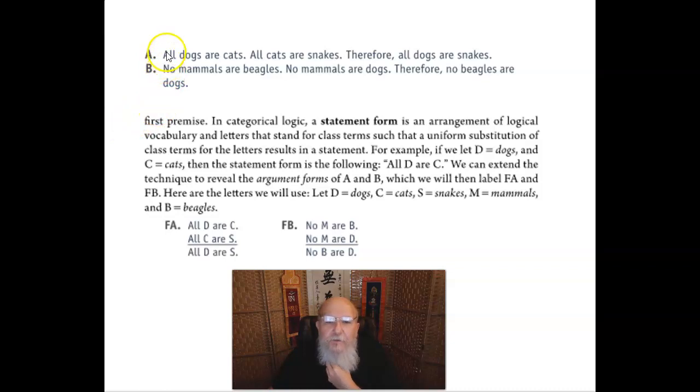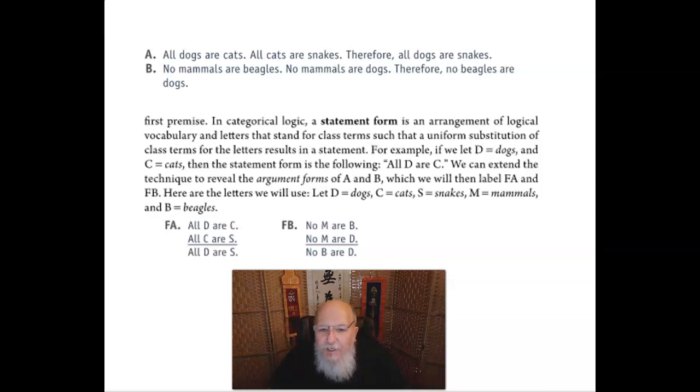He asked us to consider A and B here. A: All dogs are cats, all cats are snakes, therefore all dogs are snakes. B: No mammals are beagles, no mammals are dogs, therefore no beagles are dogs. And he asks us to consider that in categorical logic, a statement form is an arrangement of logical vocabulary and letters that stands for class terms, such that a uniform substitution of class terms for the letters results in a statement. For example, if we let D equal dogs and C equal cats, then the statement form is